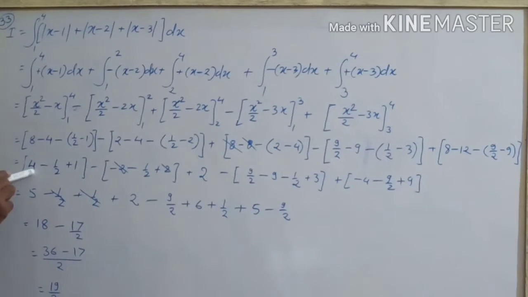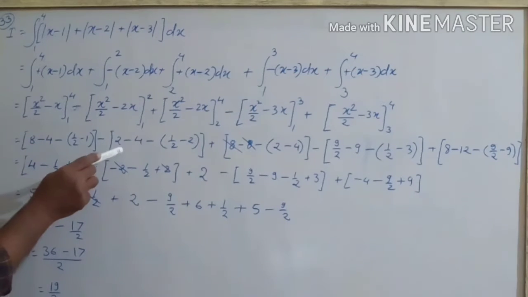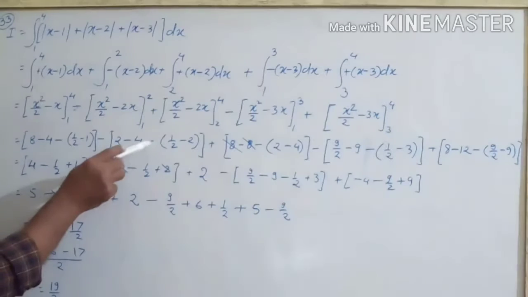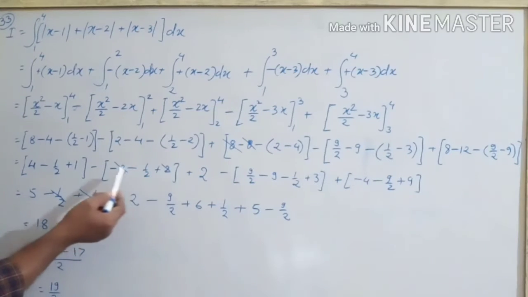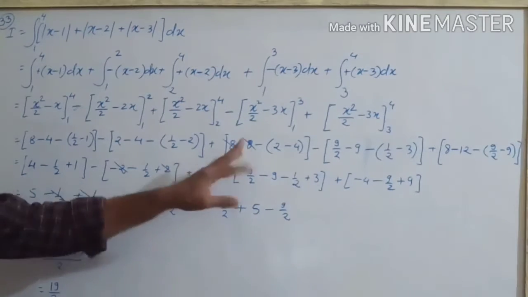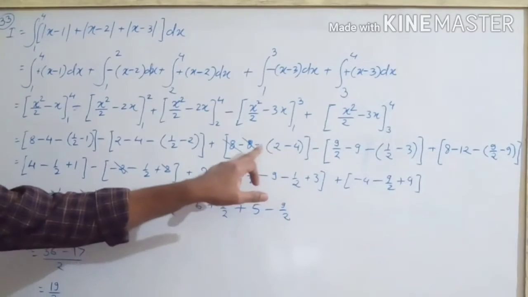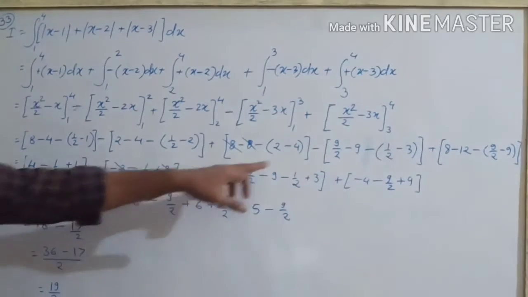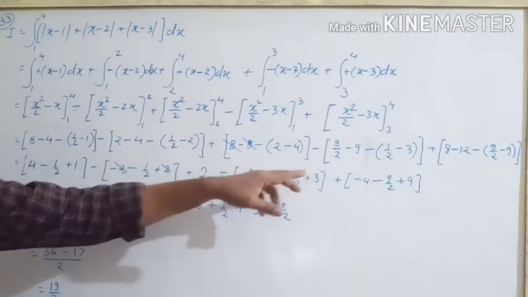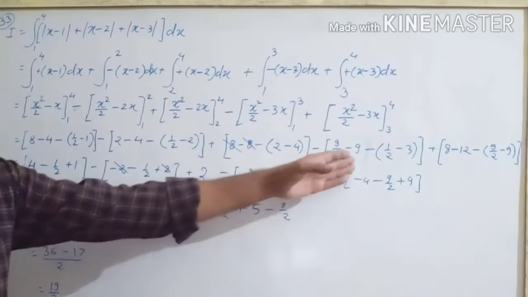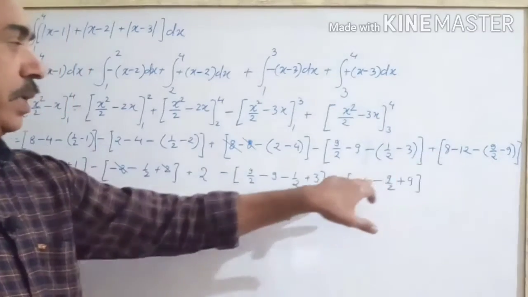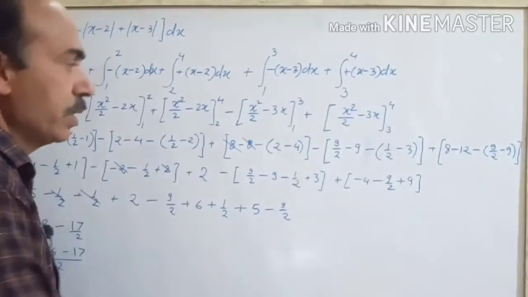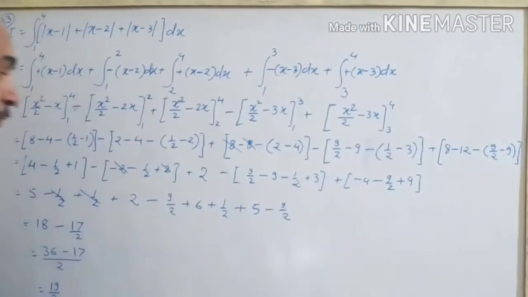8 minus 4 is 4, and when we open the bracket minus 1 by 2 it will be minus minus plus. Now in the second bracket 2 minus 4 means minus 2, and open this bracket minus 1 by 2 and minus minus plus 2, so plus 2 and minus 2 cancel out. Here 8 already cancels out, so 2 minus 4 means minus 2, so it will be minus minus plus 2. This is the minus sign. Now open this bracket, 9 by 2 minus 9 and minus 1 by 2 and minus minus plus 3, plus 8 minus 12, 8 minus 12 means minus 4, and when we open this bracket minus 9 by 2 and minus minus plus 9.